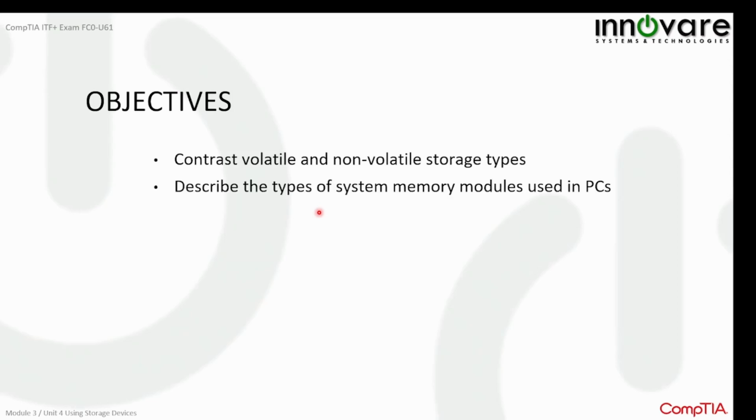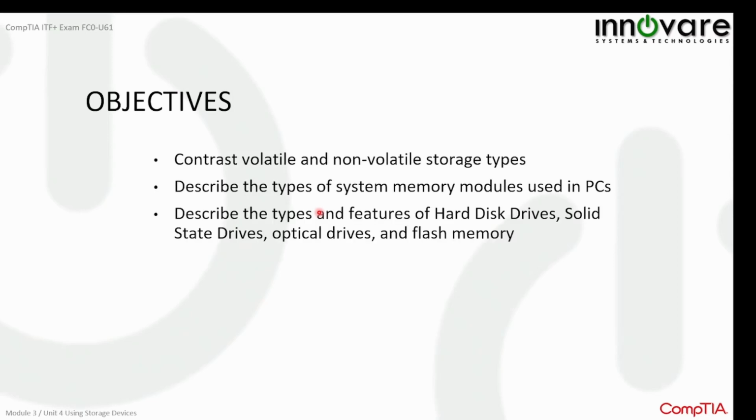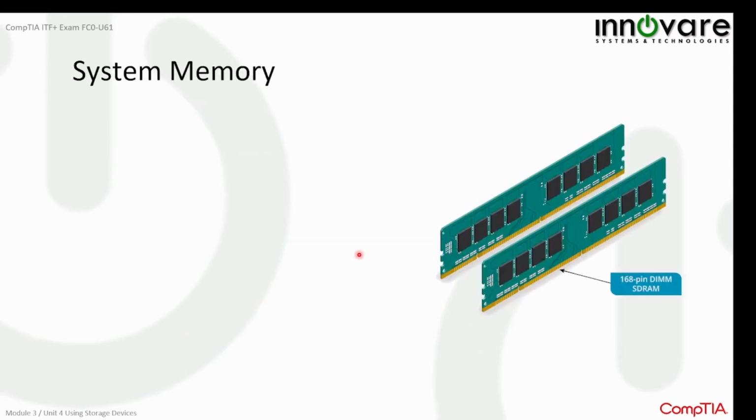And then we will also cover different types of system memory modules that are used in computers, in PCs, and then describe as well the different types and features of hard disk drives, solid state drives, optical drives, and flash memory. So sa unit na to guys,